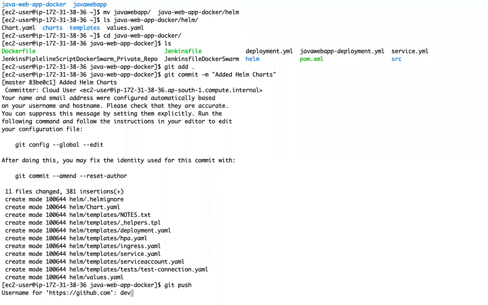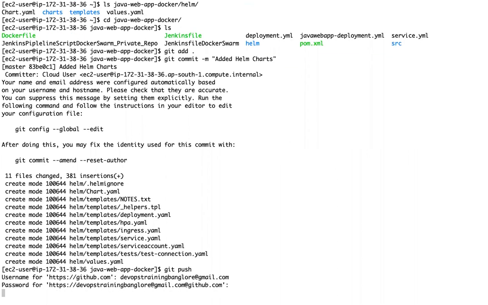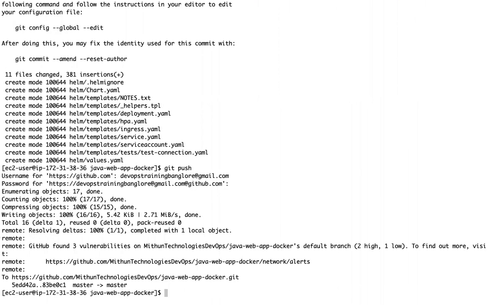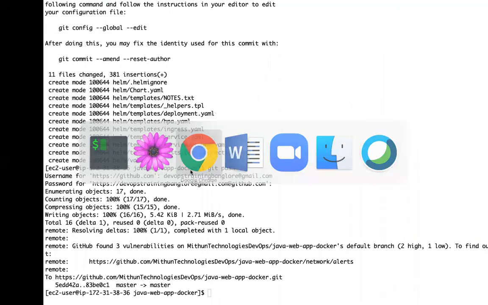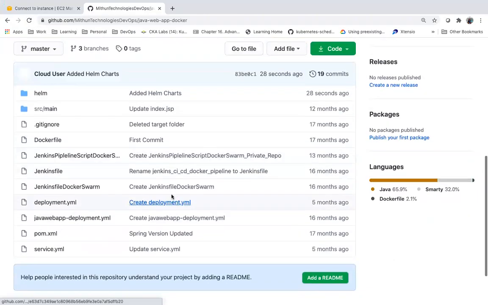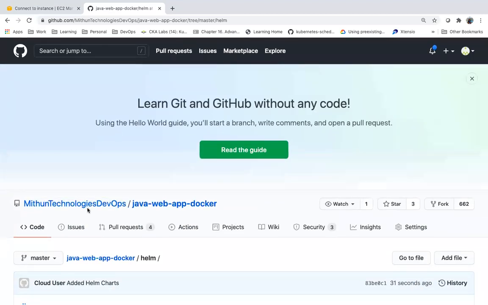So I can maintain this one as part of our source code, so that these can be used in your CI/CD to deploy the application, right? Now, the Helm charts are also part of this source code. Yeah, as part of our CI/CD,